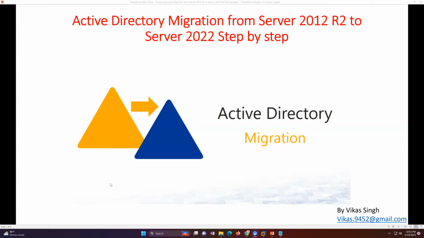Today I am going to show you how to do an Active Directory migration from Windows Server 2012 R2 to Windows Server 2022, step by step. There are multiple ways you can do the Active Directory migration, and there are multiple types of requirements when you have to migrate your Active Directory from Windows Server 2012 or any other older operating system to a newer operating system. Windows Server 2022 is the latest operating system released by